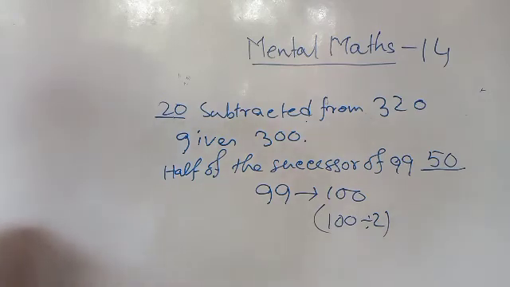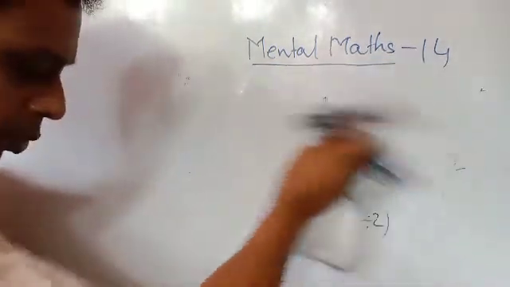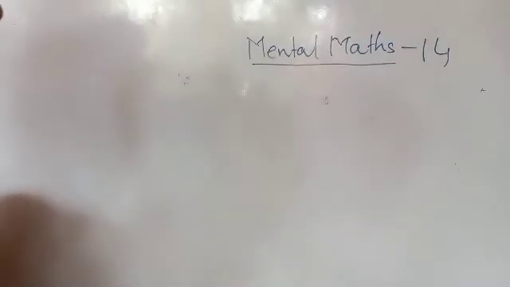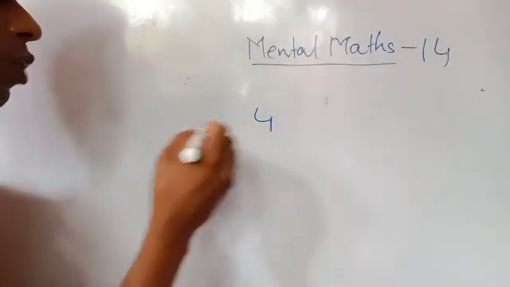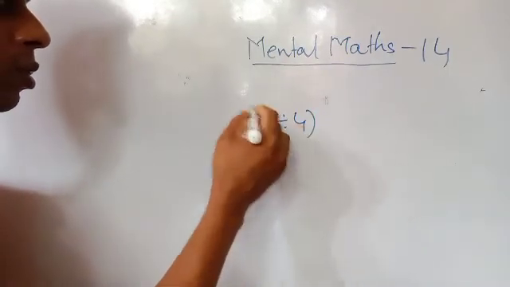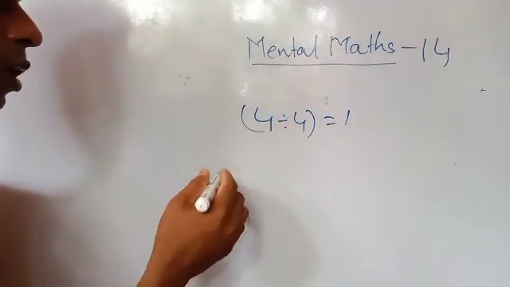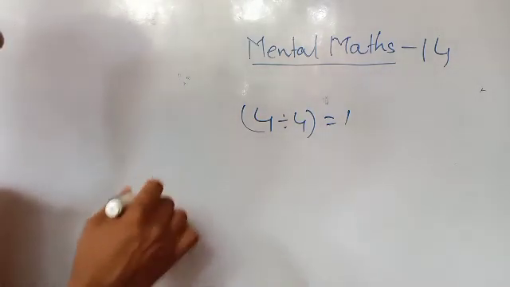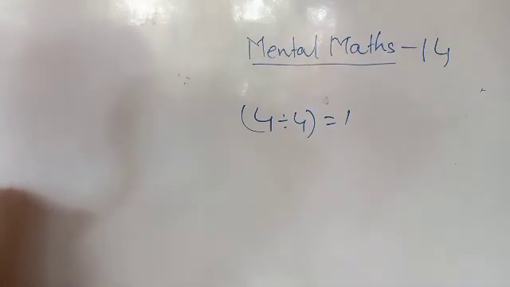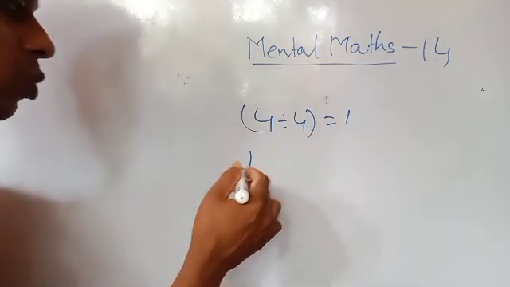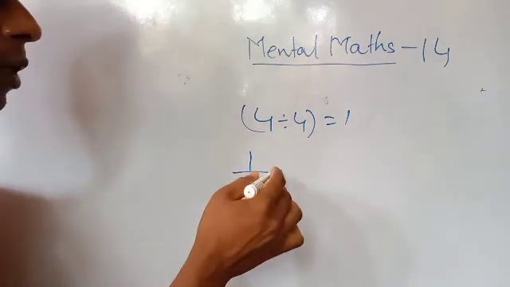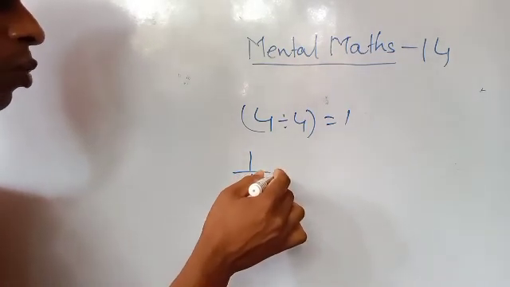Okay. Next, 1/4 of 4 or any number. 1/4 means the whole will be divided into 4 equal parts. So 1/4 of 4, 4 you divide by 4 is equal to 1. 1/4 means you have to divide by 4. So 12 months, there are 4 quarters. So each quarter is 3 months. So when quarter means 1/4, then in whole or in 1, how many 1/4 will be there? 4 1/4 will be there.